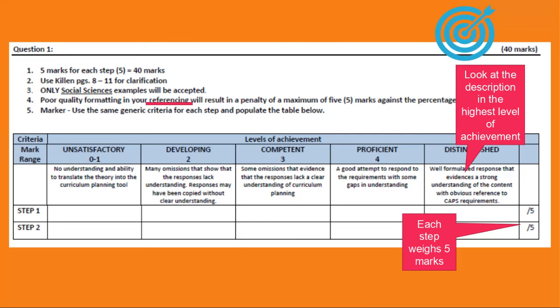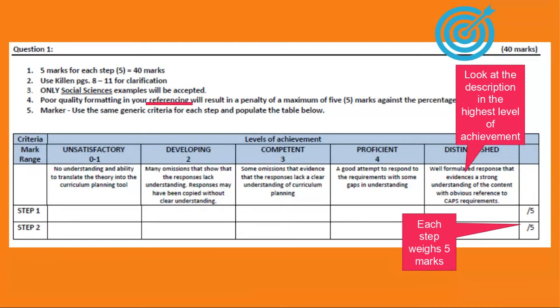So if we look at the marking rubric, that is our very important framework that we use. Before you submit, you have to check that you follow the rubric. You always look at the description in the highest level of achievement. In other words, this 5 marks. To receive 5 marks, every step of these